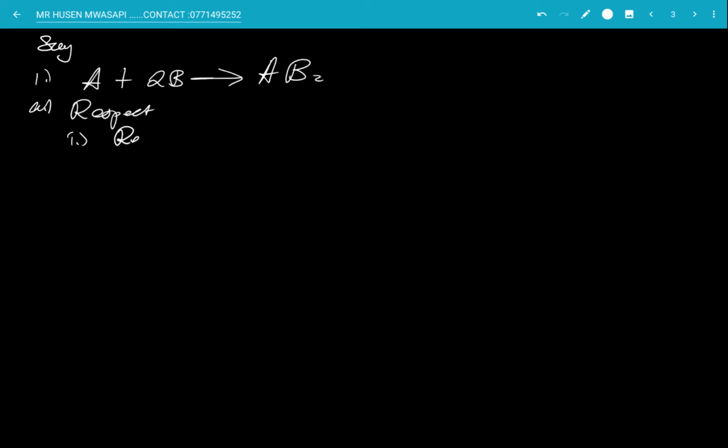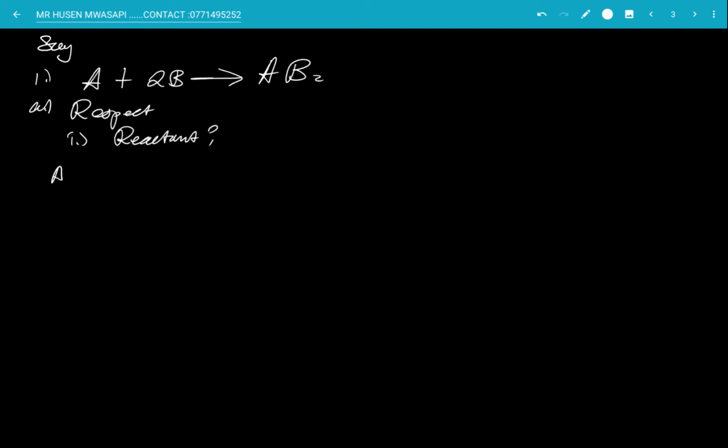Say you have something like A plus 2B producing AB2. Now, rates can be measured with respect to either the reactants or the product. So if we take respect of reactants,